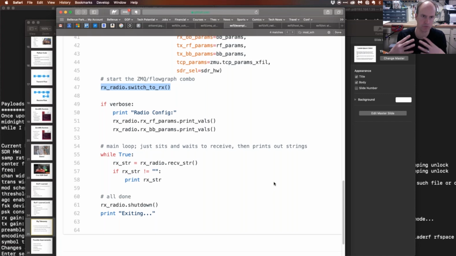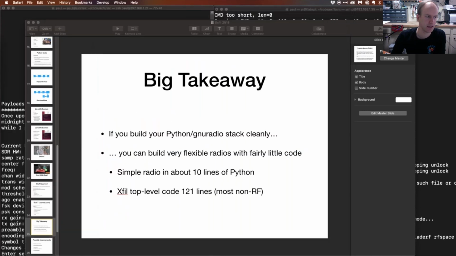So, I mean, the goal really, when you're building these radio stacks, in my view, is to try to come up with something that's abstracted enough that at the top level, you can really focus on the control aspect of it. What do you really want the radio to do at any given time, and not have to get into all of the minutia about the frequencies and how you're modulating and whatnot. So that's kind of the key, and that's hopefully what I want to impress people with, is that this stuff can be distilled into a very clean and usable type of solution.